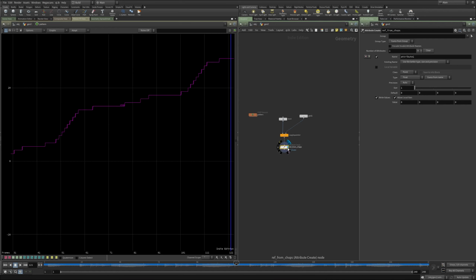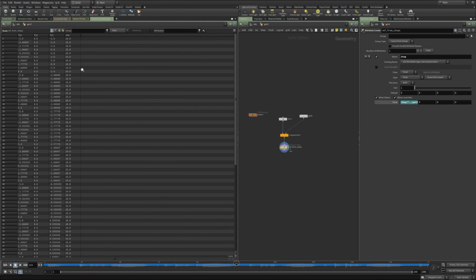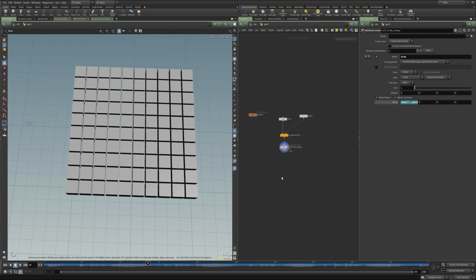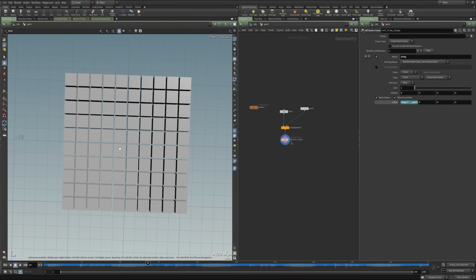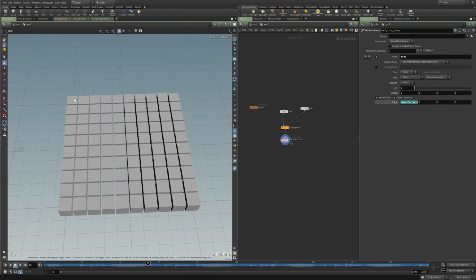And you can do this several ways. This is just the way that I prefer to do it. I'm going to call this step, and I'm going to grab the name here, grab the handle, and then just drag and drop it as a relative chop reference. And then if we go to our geometry spreadsheet, we can see that as we scrub through, we've basically got this counting attribute. So now what I'm going to do with that counting attribute is color these just as a visualization. I'm going to have these cubes change color based on that attribute.